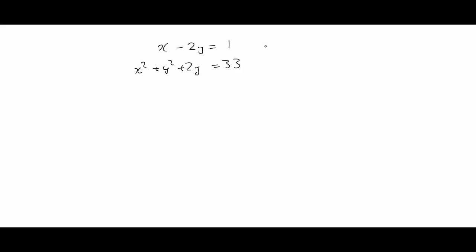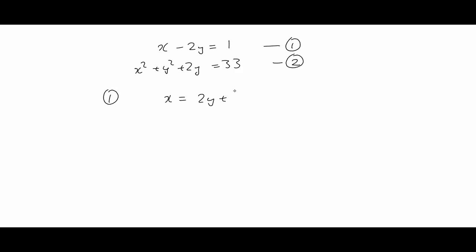Okay, let's call this one 1 and this one 2. Now we see the second equation here, number 2, we've got x squared, y squared and a y term. Now to solve the equation here, we would need to eliminate the x squared. It would be easier than the y, possibly. Either way, we could eliminate y, but if we have only got x appearing once, it would be simpler to eliminate that. So if we rewrite the equation 1 as x